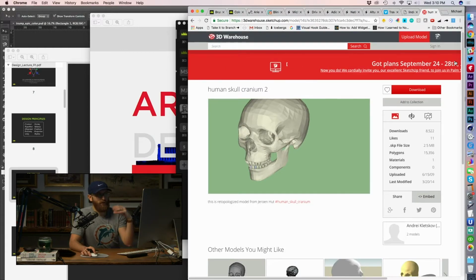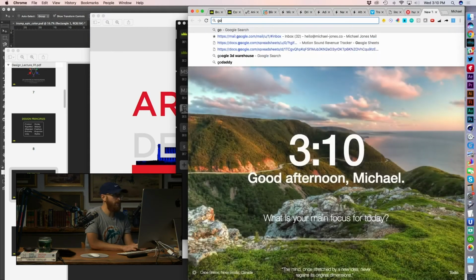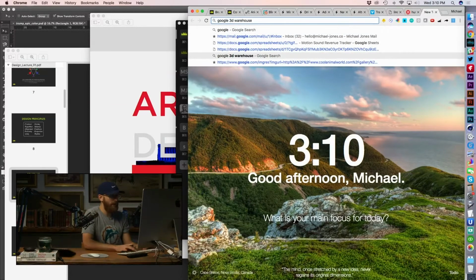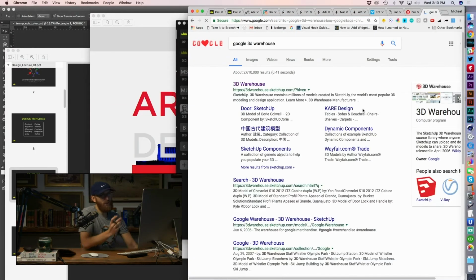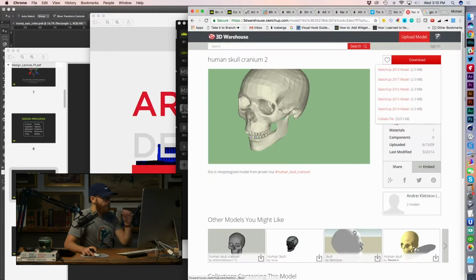Another thing I would point you to, if you're going to do C4D, you could also use some stock 3D elements. I'm here on the 3dwarehouse.sketchup.com. If you just Google the Google 3D Warehouse, which is what I usually search, it's just this huge database of 3D files. The only trick is making sure that there is a file type that you could bring into Cinema 4D. Here at the bottom, it says a Collada file, which Cinema 4D can